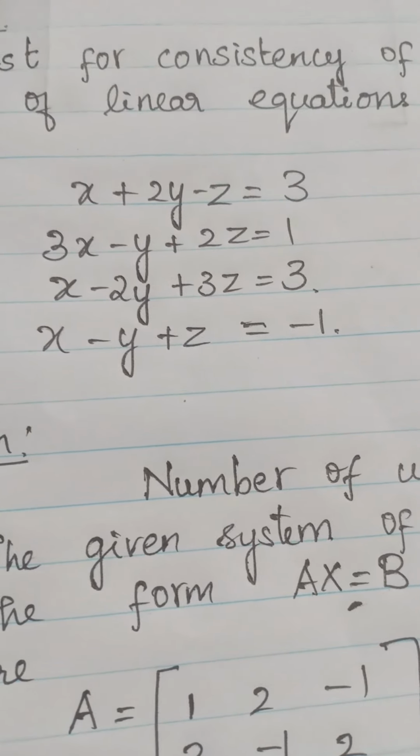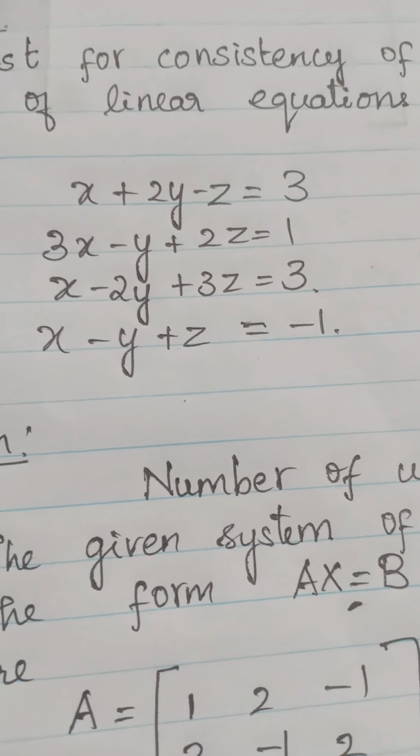Now we have to frame the augmented matrix AB. The B matrix placed beside the A matrix is called the augmented matrix AB. So I have written it in this form. And now we have to apply the Gauss elimination method to find out the rank of A as well as the rank of AB. First row I have written like this. Now my aim is to make this place 0. There it is 3, so this place has to be made 0.